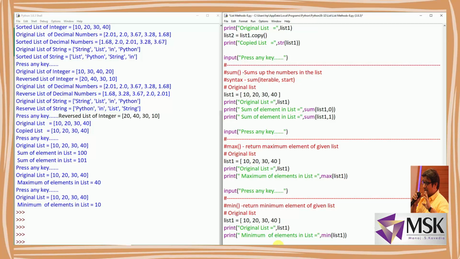And I can access the element of the list with the square bracket and index in it, and the index can be positive or negative. If it is a positive index, it will start from the left hand side, and if it is a negative index, it will start from the right hand side. And the list creation and the list accessing is done in the square bracket. So I hope the list is clear.